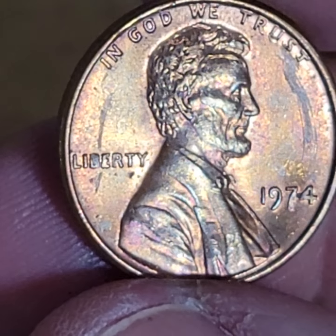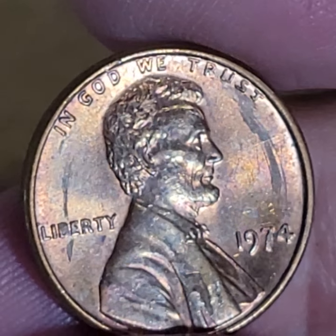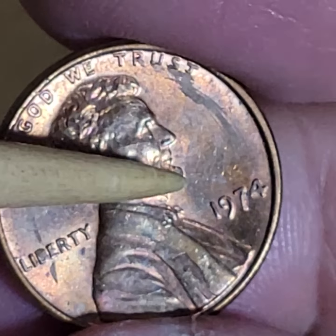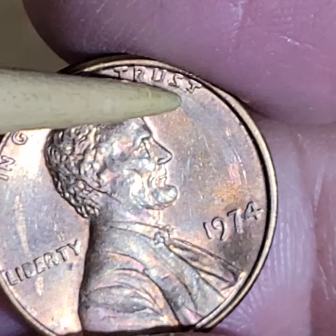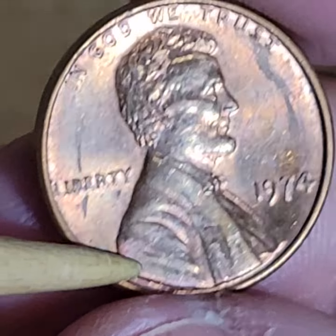So this is one of the first pennies that I found today, penny roll hunting episode 462. And you can see the scratch marks here on the surface. And then later on, I noticed it here also. Now,